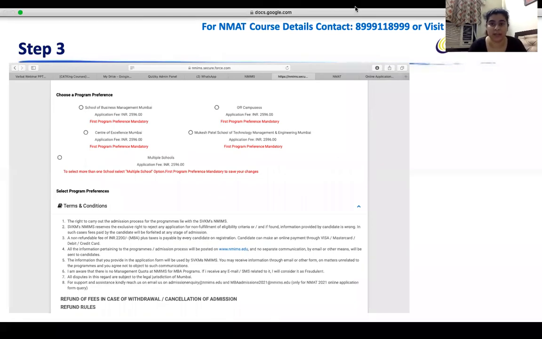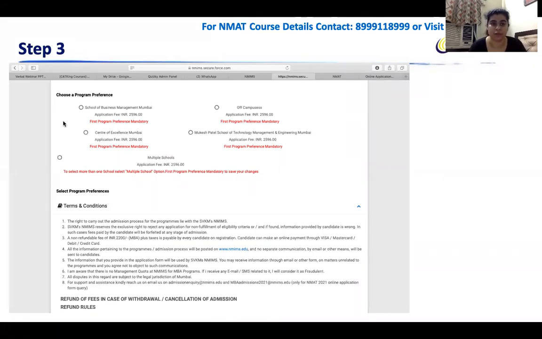Now if you look at the program preference options, you have different options. For example, the first option here is School of Business Management Mumbai, which is applying for only the Mumbai campus. Or you choose off campuses, that means non-Mumbai campuses are called off campuses.